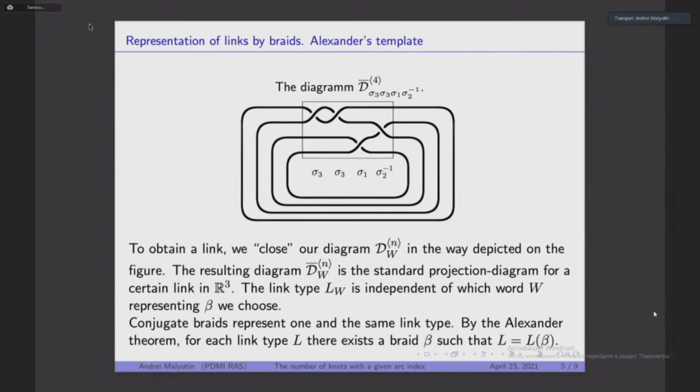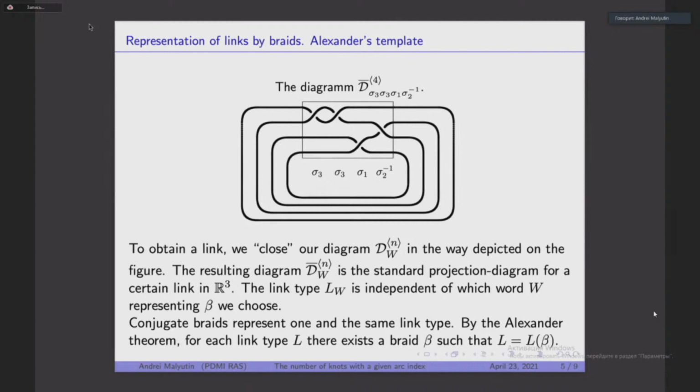And there are several representations in terms of braids, and all these representations are aimed to be surjective. And in fact, it turns out that in some cases it is more interesting to construct an injective